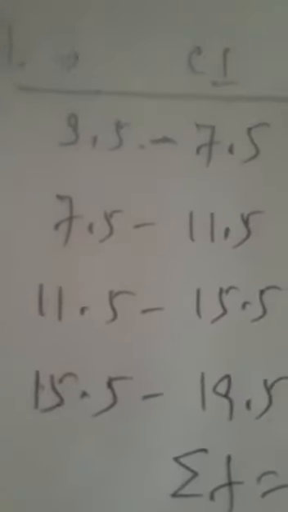Now to find the next class mark, we can simply find the class size. If we observe, we will see that the class size is 4 over here. So we will add 4 to each class mark to get the next consecutive class mark. So 4 will be added to 5.5. It will be equal to 9.5. This 9.5 is also equal to the sum of 7.5 and 11.5 when divided by 2. When we add 7.5 and 11.5 and divide by 2, we again get the value 9.5.